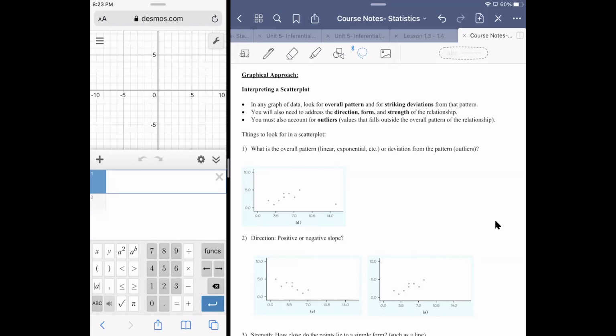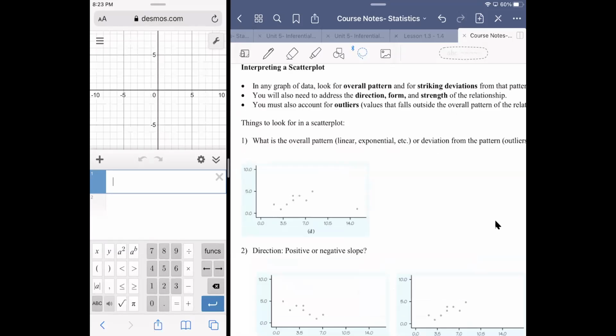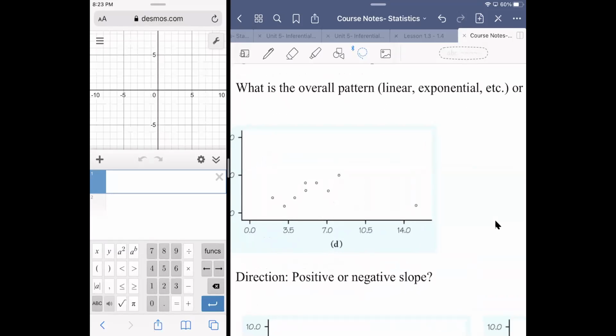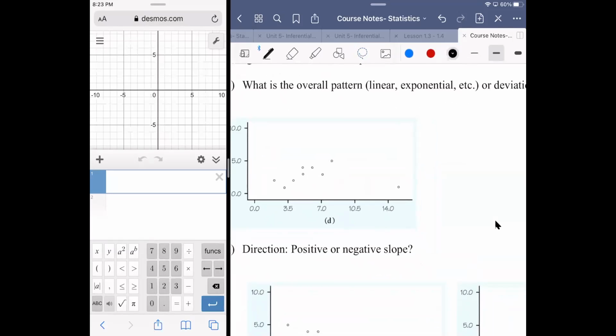All right. So when we're looking for an overall pattern or deviation from a pattern, we really talk in general terms. So what I would do is look at this and say, I'm not going to make it too textbooky, I think I could fit a line reasonably through here, except I got this little guy here that's throwing everything off. All right. So what I would say is,